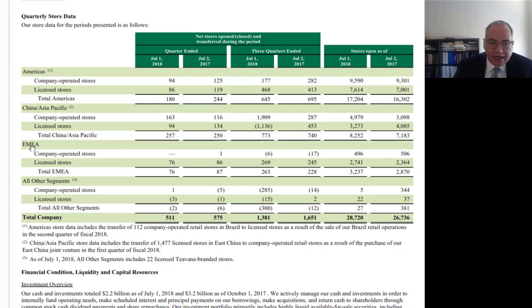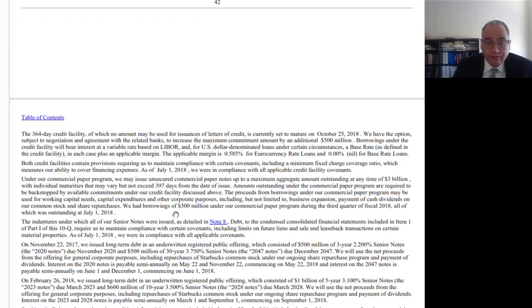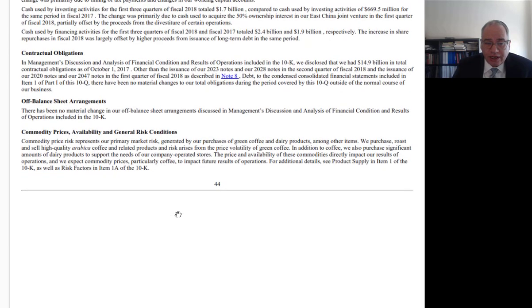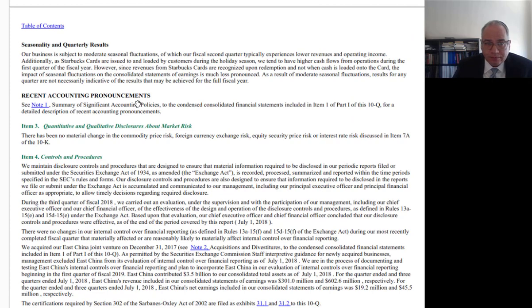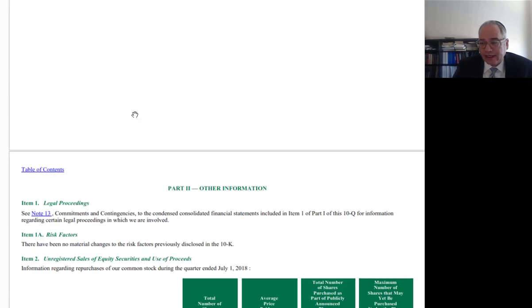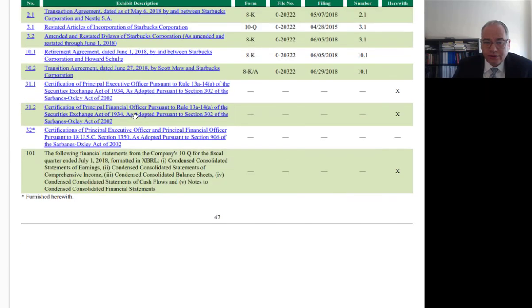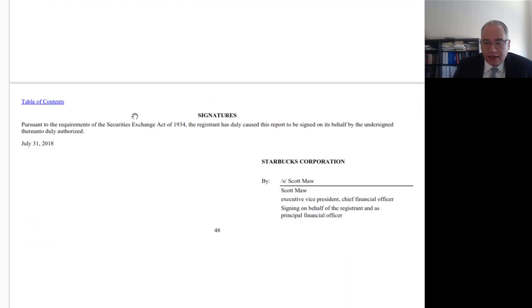Here's a list of the number of stores and various other relevant information. And that contractual obligations piece, they don't have a chart here of contractual obligations, but it would be reported over here if they did. A little bit about recent accounting pronouncements that are relevant, other information, and then a signature